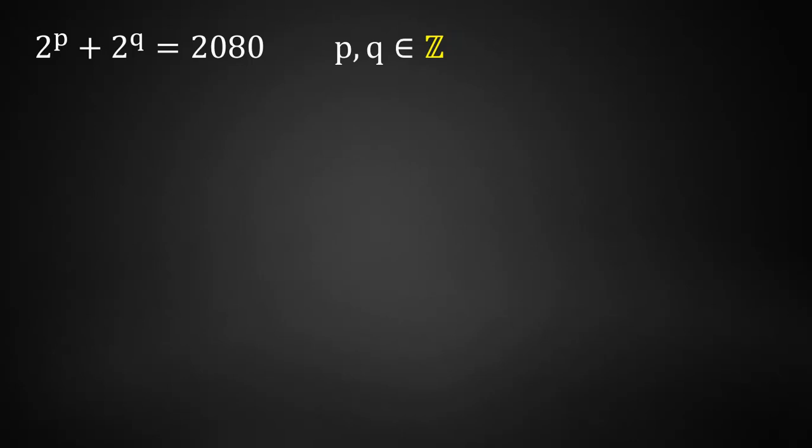2^p + 2^q = 2080. p and q are integers. We want to find p and q. Let's first consider something. For example, if we consider 2^3 + 2^2, then you can factor out